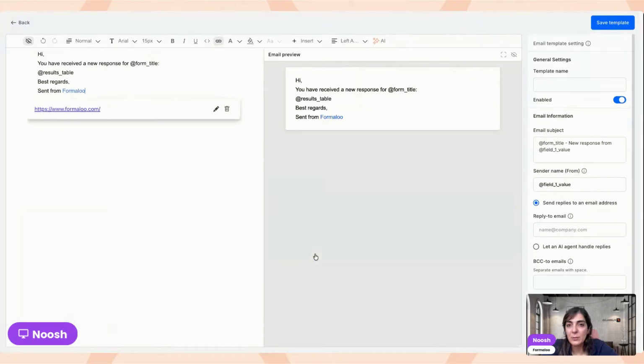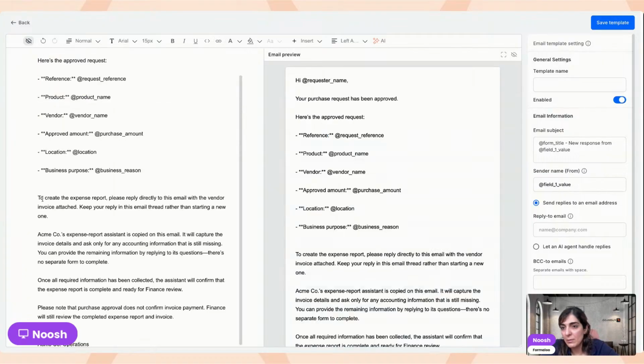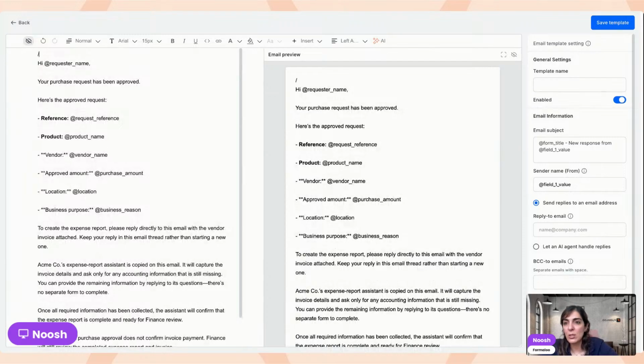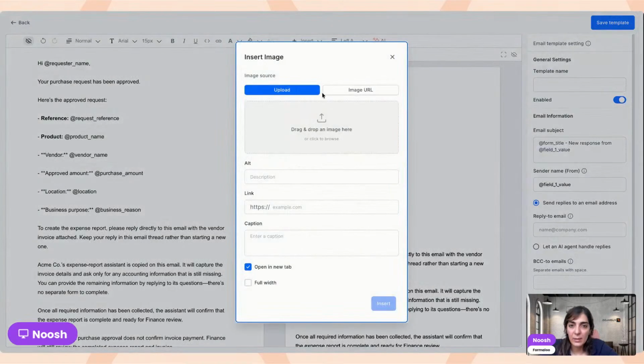I will create the email template right here. This is my body, the body of the email. And this is actually Markdown. It will work, but you can change it right here and make sure it looks as you wish. Anyway, so this is the email itself. You can even add your image here by typing / or clicking this insert button and select the image you want to add. Let's say